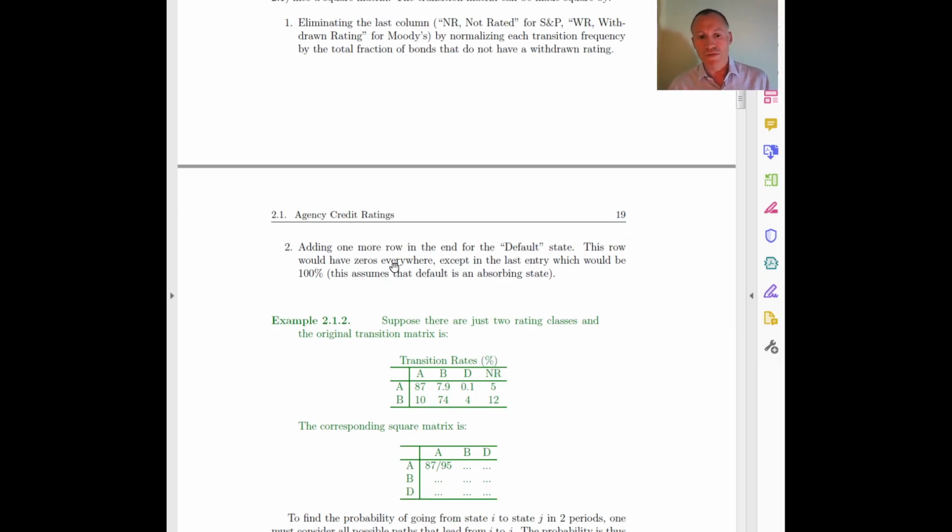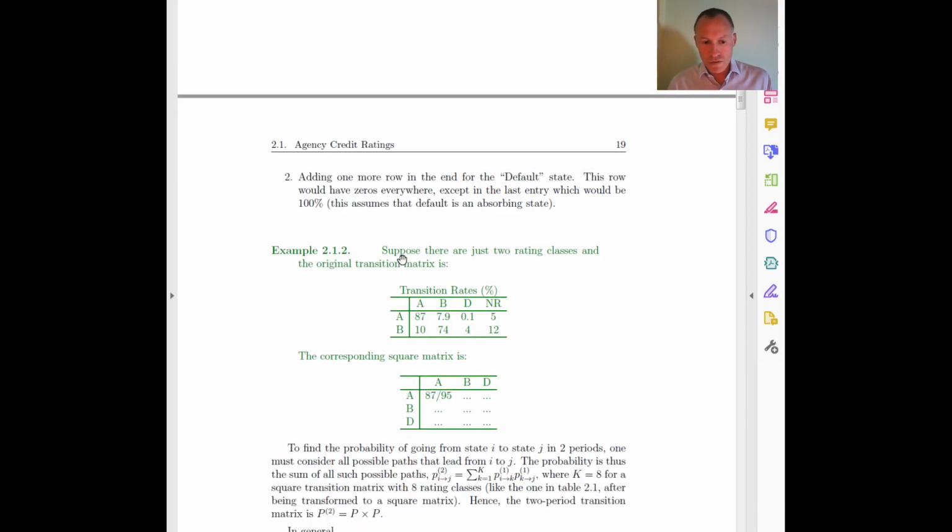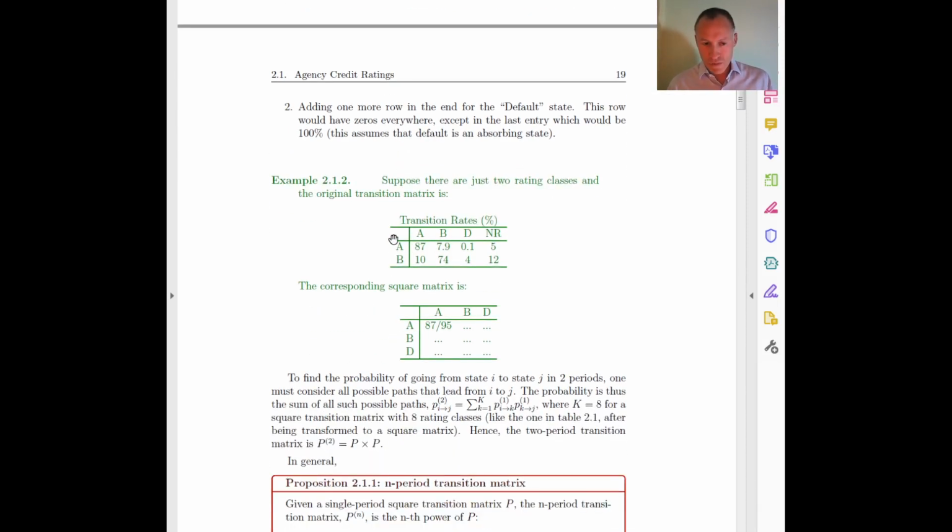Okay, and the second thing we have to do is to put one more row at the bottom for the default state. So for example, here, suppose that we have a very simple transition matrix like you see here, with just two states, A and B, instead of that big list of 8 states that we have in reality. Let's just make it very simple with A and B. And suppose that the table looks like this. The transition to A and B and default and non-rated, it's like this. So what do